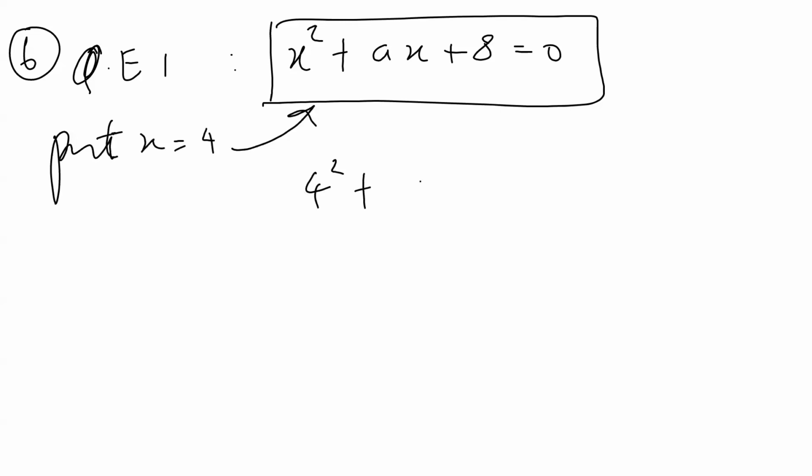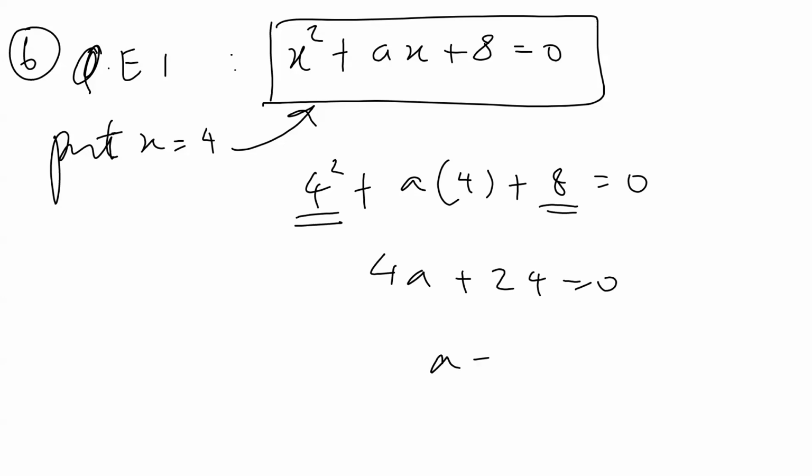So 4 square a into 4 plus 8 is equal to 0. So 4a plus 16 plus 8, that is 24, is equal to 0. When you solve this, a is equal to minus 6. Okay. Now see guys,